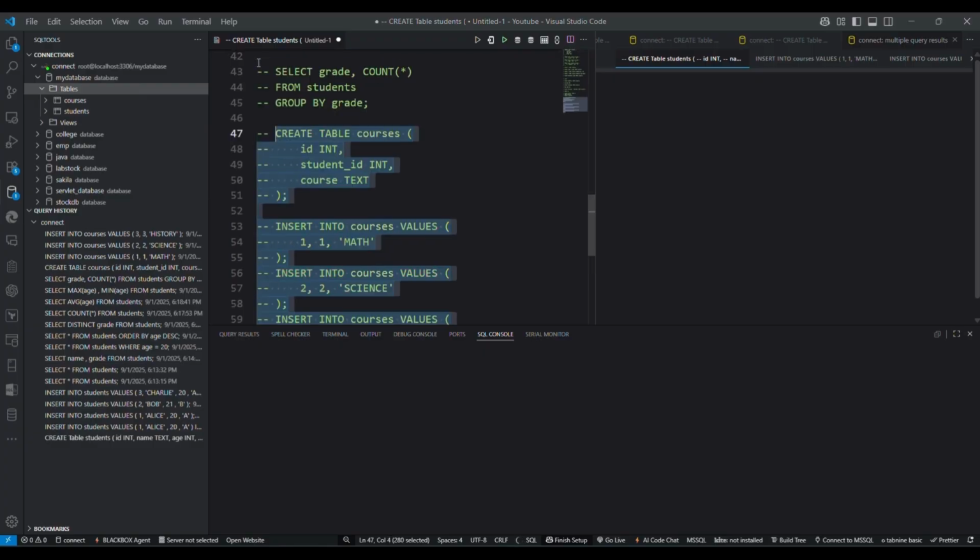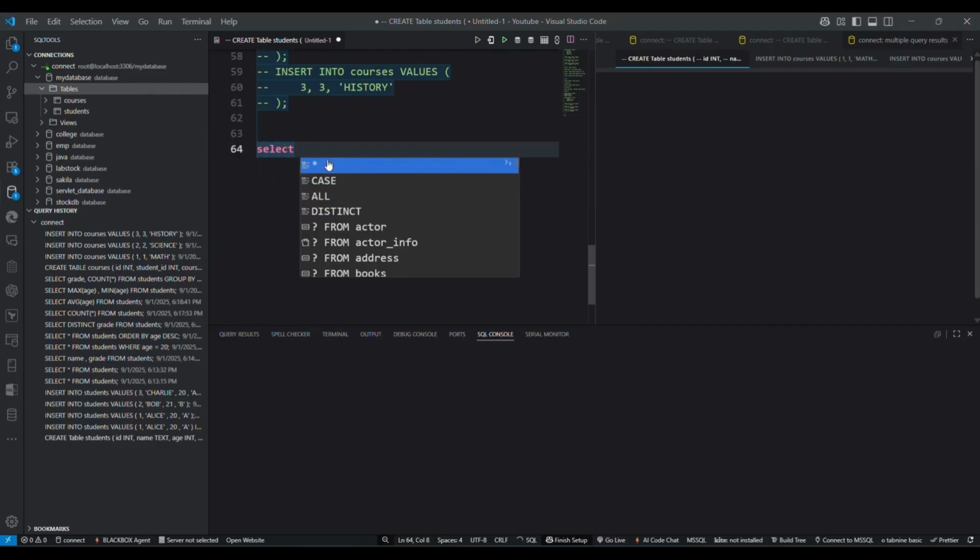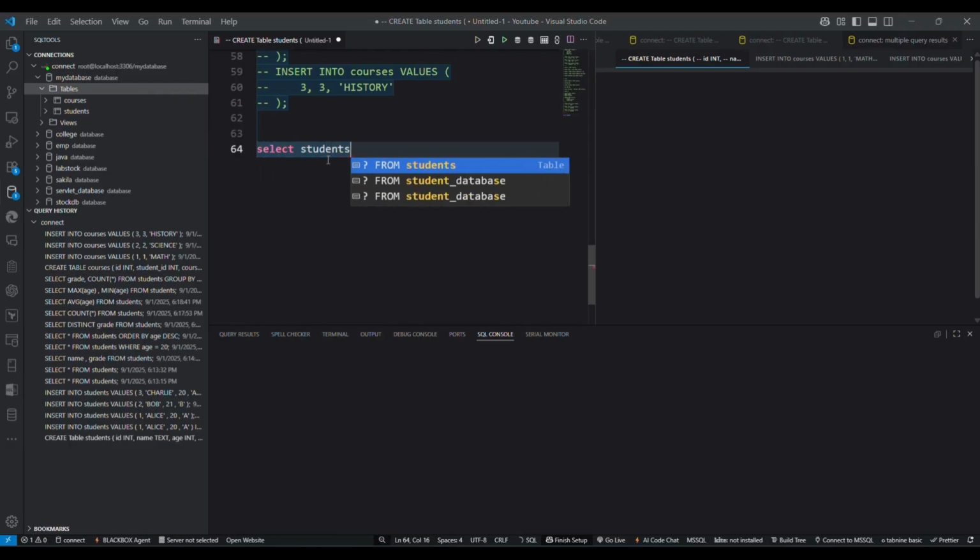Now we have two tables where each course belongs to a student, connected through student ID. To connect both tables and see which student is taking which course, we use an inner join.